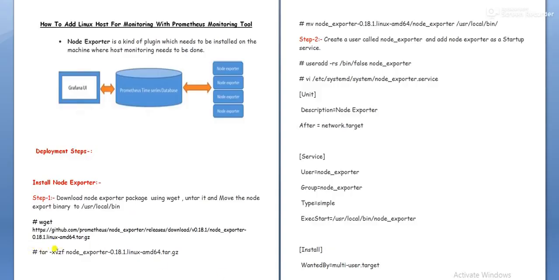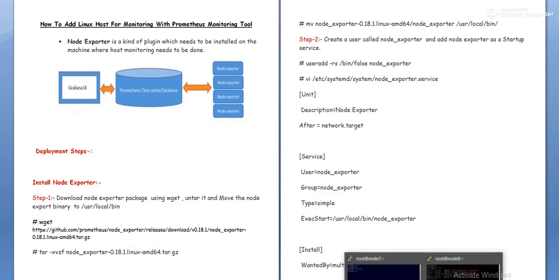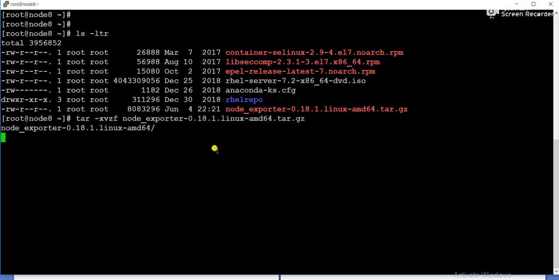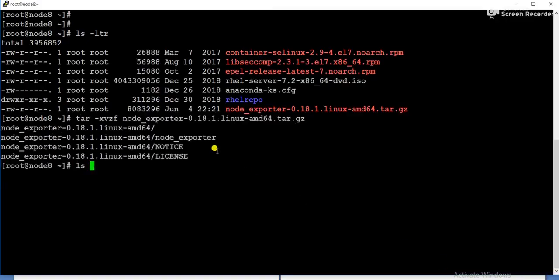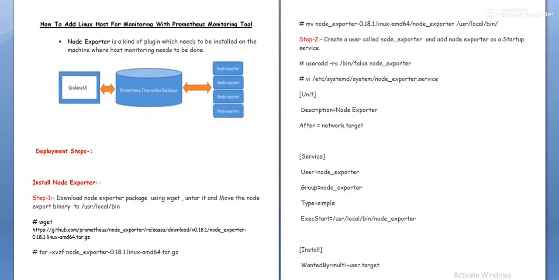The next step, we need to untar it using tar -xpzf. You can untar the package. Now you can see the package has been untarred. Now we need to move the Node Exporter to /usr/local/bin.